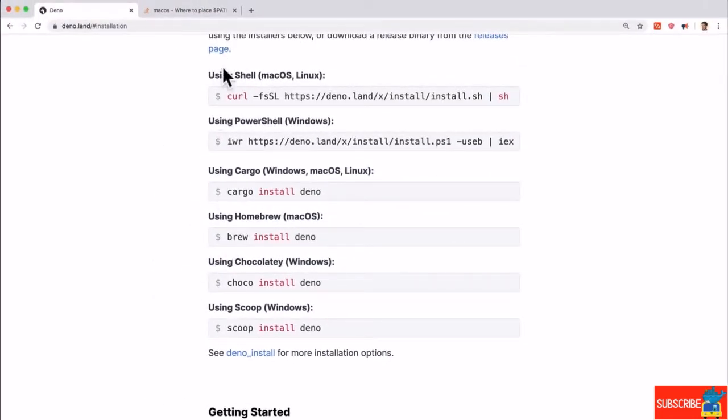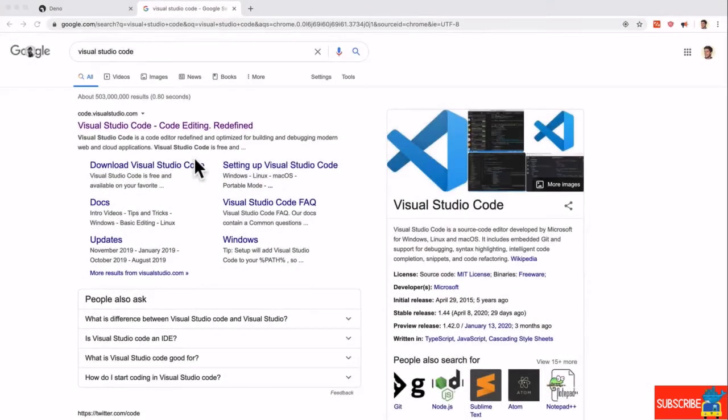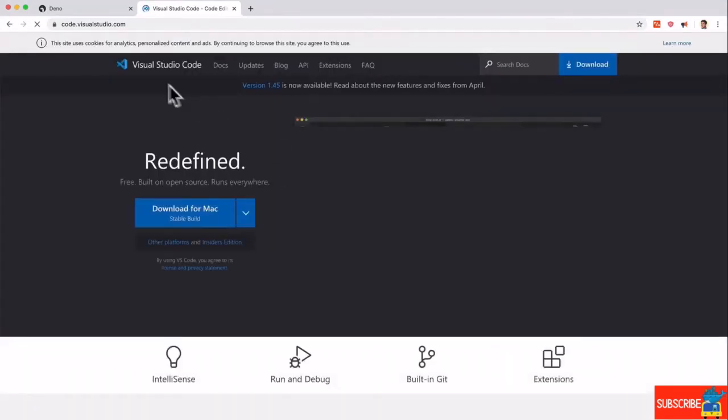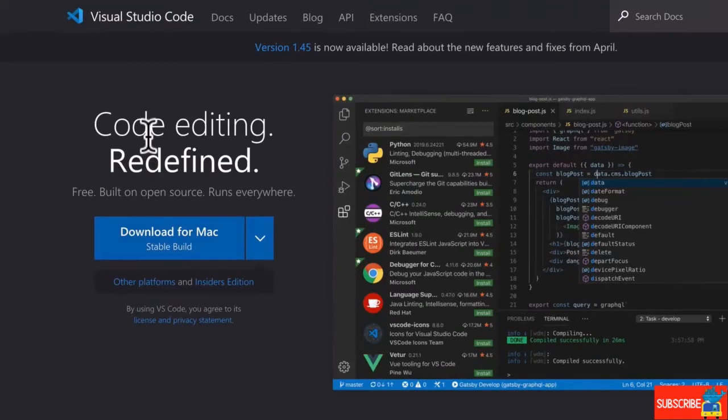Now that we have Deno, we should be able to write our first program. Don't worry, this was probably the hardest part. Once you have Deno running, everything else is going to be fun and easy. Once we have Deno installed, you might want to open up your favorite text editor. You can use whatever you want to write your code. The most popular one right now probably is Visual Studio Code. So you can use, again, whatever you want, but if you don't have Visual Studio Code, make sure you download it for your system, for Mac, for Windows, for Linux, whatever it is. And once you download, you open it up,